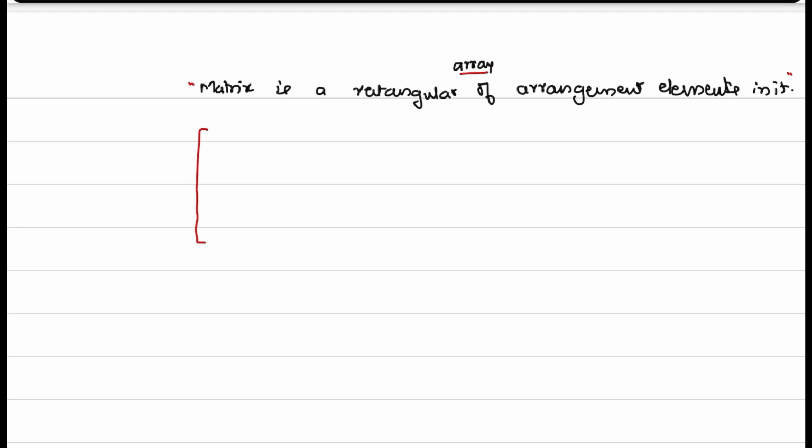Now, I have a matrix, I have certain things, an element A11 and an element A12, an element A13 and another element A21, A22, A23 and another element A31, A32, A33. Let us say these are all arbitrary numbers. Then this is a 3 by 3 matrix,